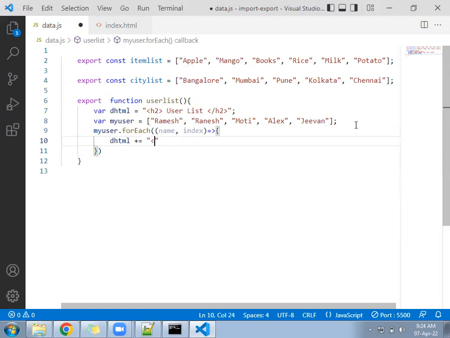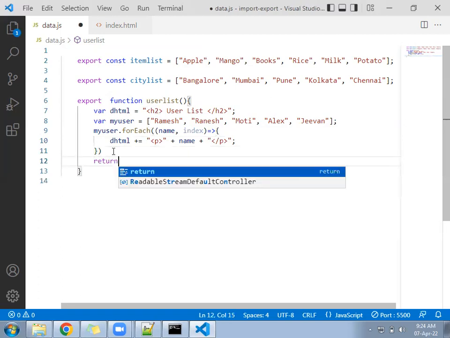You can write again maybe a paragraph tag, use the name variable and again the plus operator. We can close the tag. So it is going to create the number of paragraphs here, and at last it will